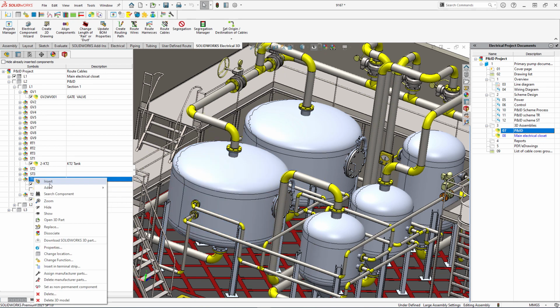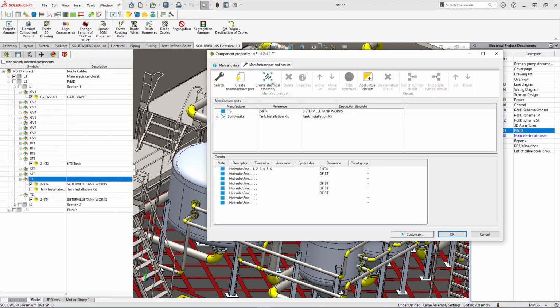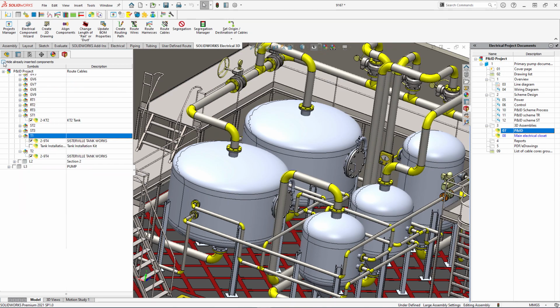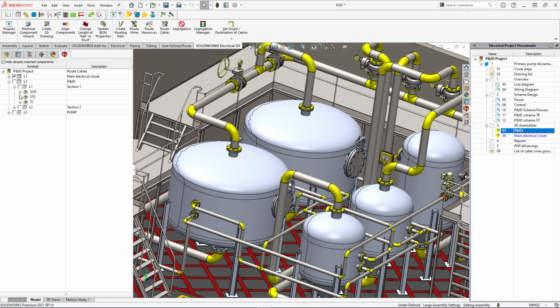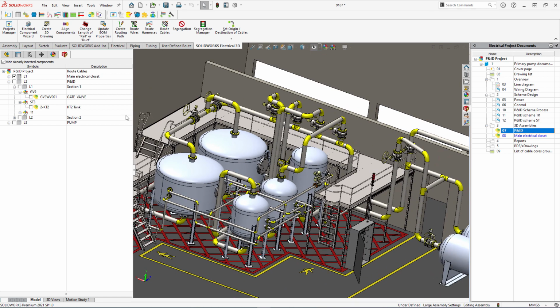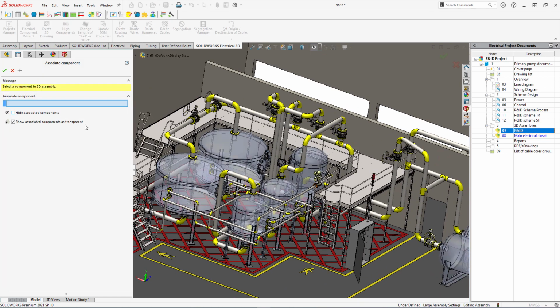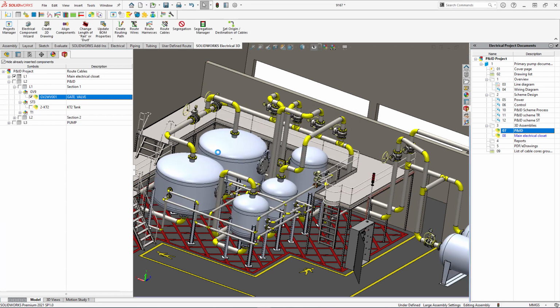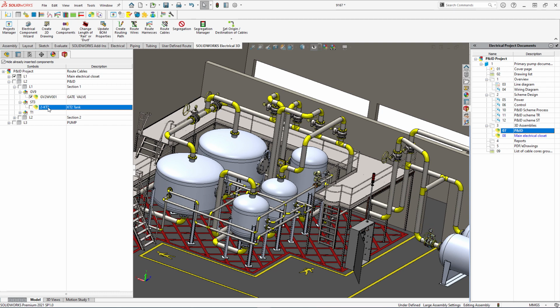I can associate more manufactured parts or assembly parts to my components to make my BOM more accurate. Clicking on Hide already inserted components, I narrow down the list to show just the components I need to insert. I can associate my manufactured part to a 3D model previously inserted into my project, or I can quickly insert a brand new part from my library.